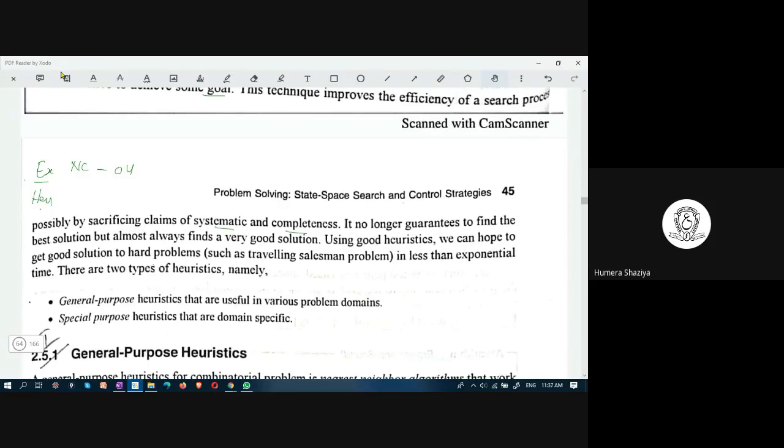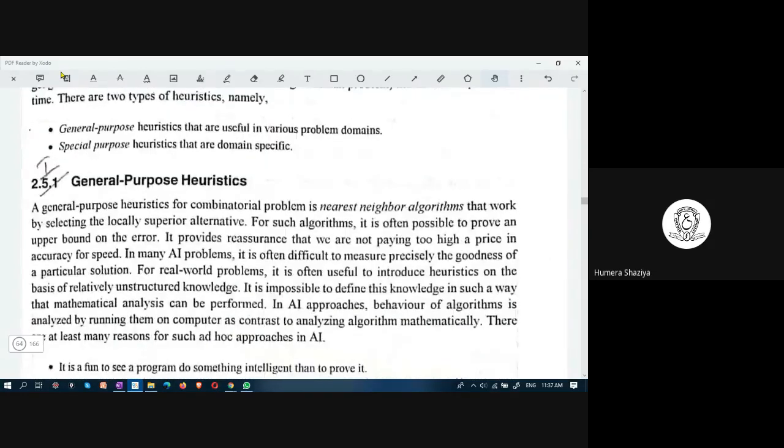That is the criteria. So here, based on the criteria of low traffic, this is known as heuristic based search.